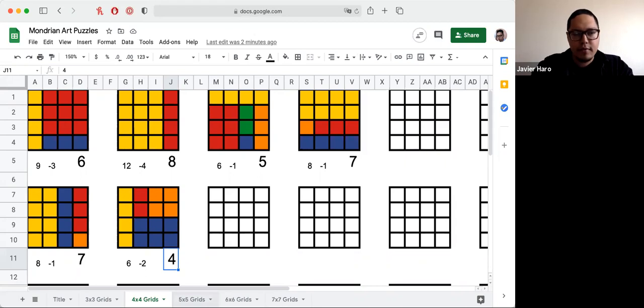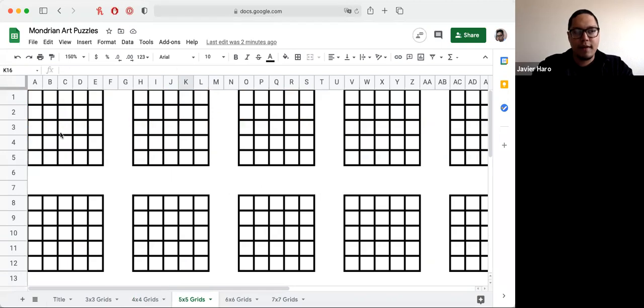Let's try the 5x5. It seems like 4 is what JL was saying that he got. Maybe a few other people also got a 4. Doesn't seem like anybody else got a 3. So let's try the next one. All right, what about these 5x5s? So Martha, I know you're in here. Do you have an